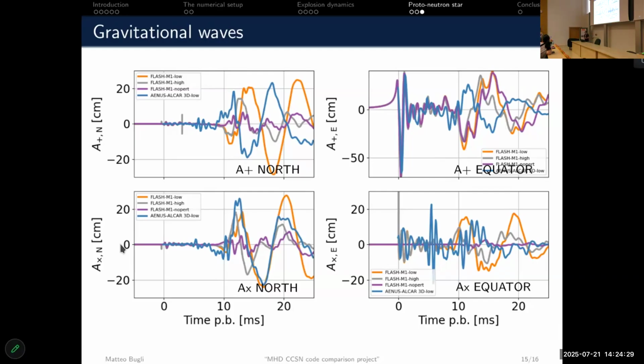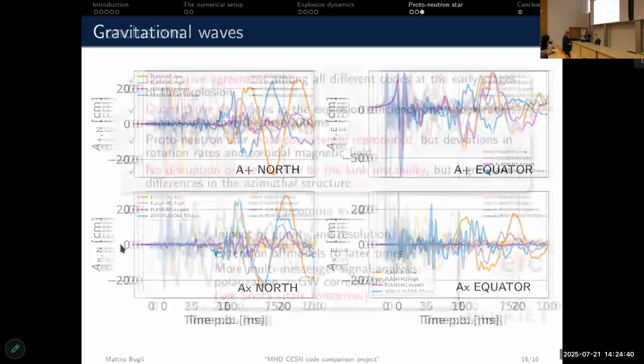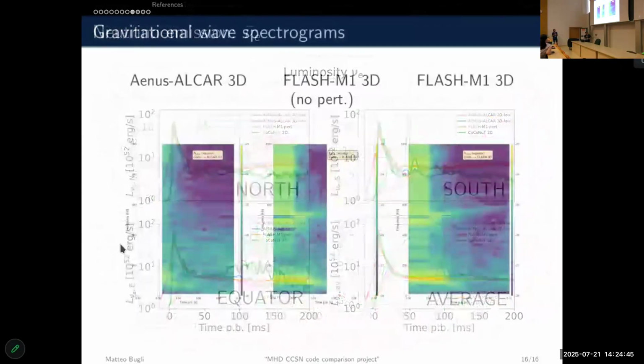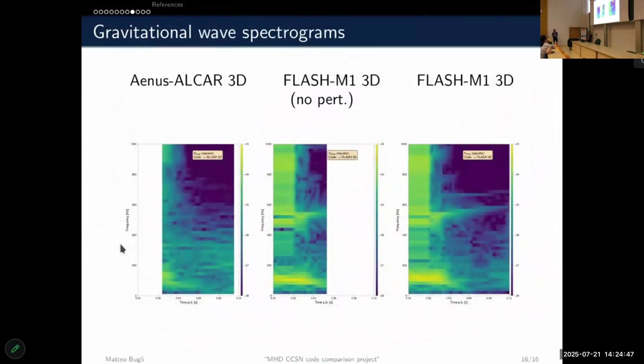We were talking before about the high frequency feature, and for that one you need to have the spectrogram. I guess you didn't run it long enough to see if it develops, right? Right. I have a slide with tentative spectrograms for these models. It doesn't say a lot. For instance, in Alcar, we didn't follow the whole bounce sufficiently early to have the signal. So we have some hints at the low frequencies there, but not there yet.